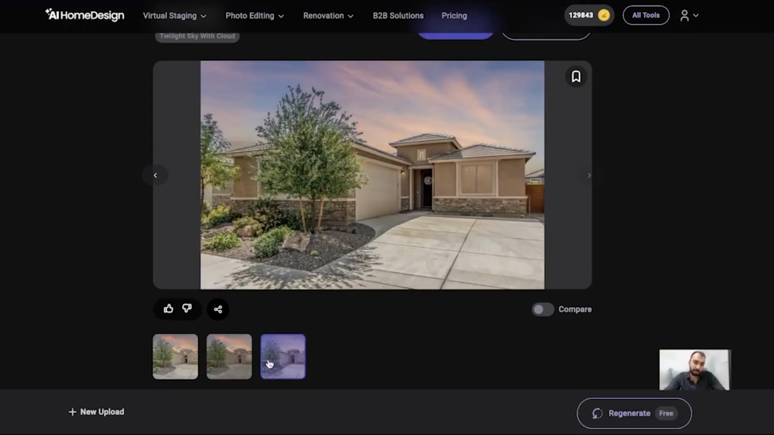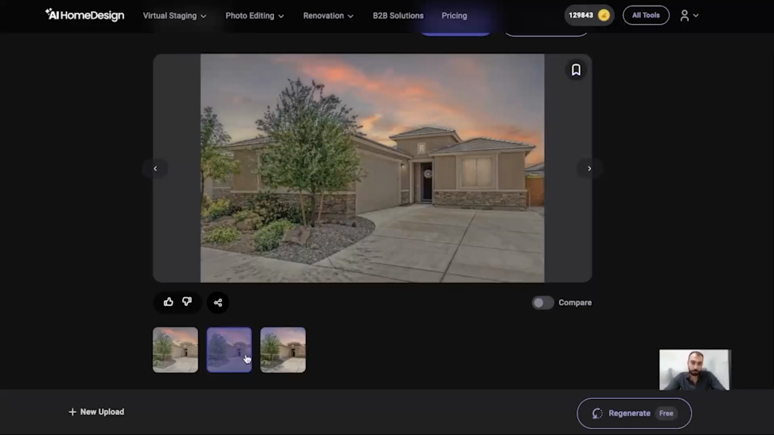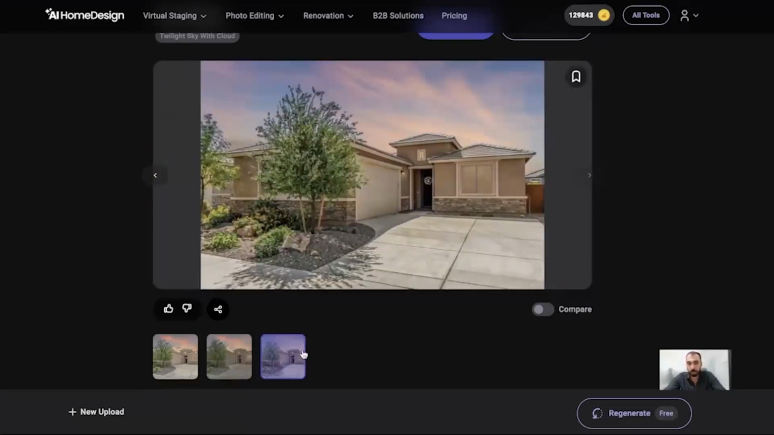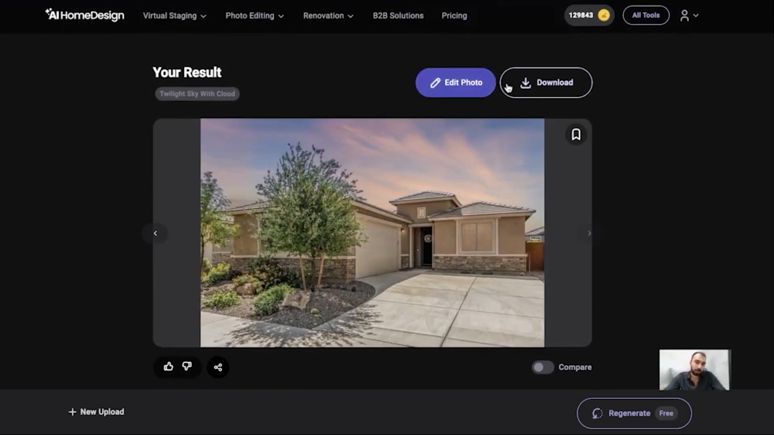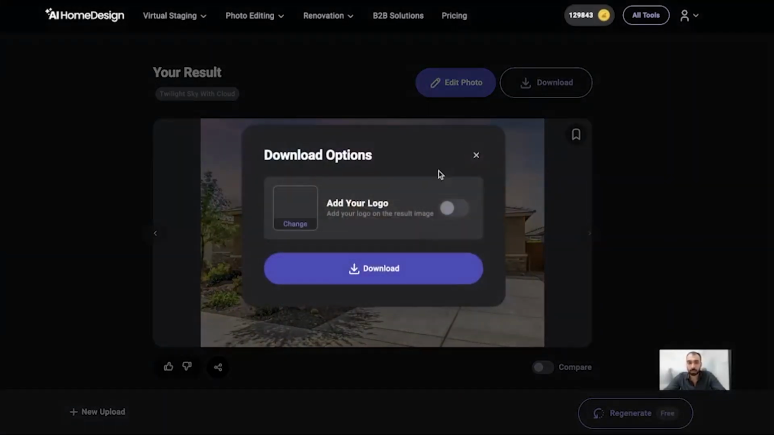As you can see, this was our previous result, and this one is a new output with a new sky. Again, we have the same download preferences over here as well. As you can see,